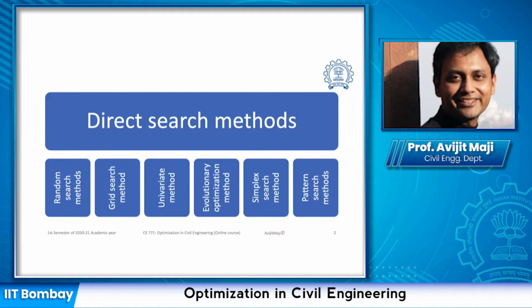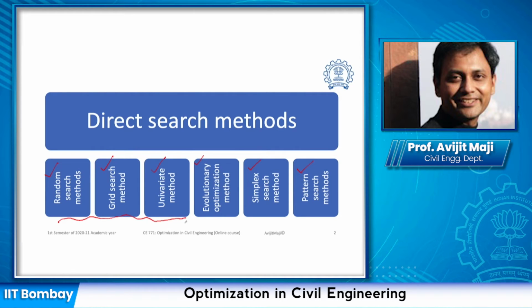The primary direct search methods are random search method, grid search method, univariate method, and pattern search method. There are two other methods which do not exactly fall under these four categories: evolutionary optimization method and simplex search method. Now in the last class we discussed the random search method, grid search method and univariate method,